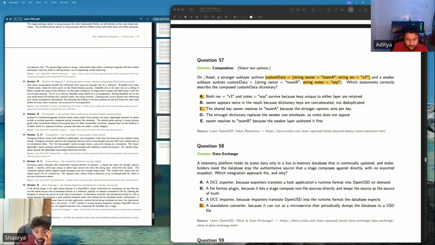D, a standalone converter, because it can run as a microservice that directly dumps the data, which is continuously updated, into a file.